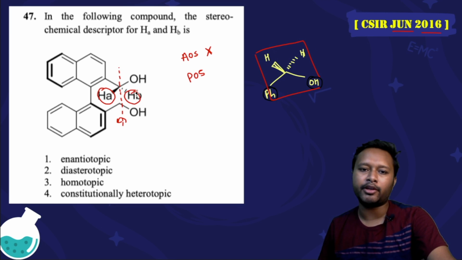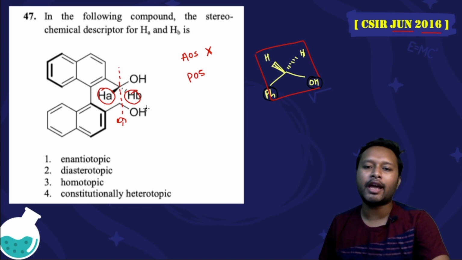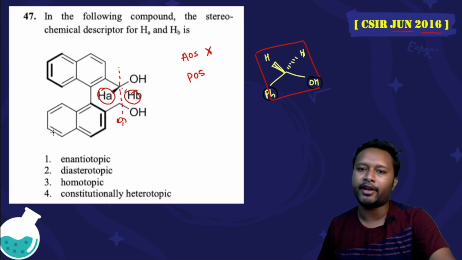So do we have that plane of symmetry? We would have got that plane of symmetry if the molecule were planar. But since the stereochemistry of these two phenyl rings shows that the molecule is not planar, this ring is coming out of the plane, and this side also is coming out of the plane, so you cannot apply that plane of symmetry over here because of the stereochemistry of these two groups. So the plane of symmetry is also absent here.